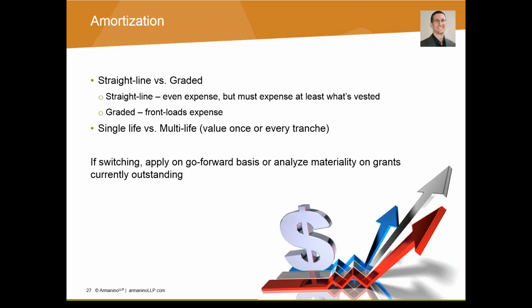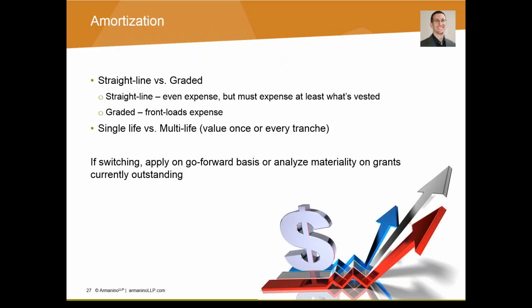Pretty straightforward. For graded, it's going to front load the expense. Graded amortization actually treats the award as if it were 2 separate grants: one grant that vests after 12 months and one grant that vests after 24 months. So you're going to end up recording 50% of the expense in the first year, plus another 25% of the expense. The 50% is 100% of that first year's tranche, which vests after 12 months. And the 25% is half of the second tranche, which is 50% of the total expense. Half of 50% is 25%. So you're going to end up recording 75% of the expense in the first year and 25% in the second year. That's why the graded expensing is front-loaded. If you're familiar with double depreciation, it's analogous to that. If you're thinking about assets and depreciating assets at a faster rate, that's kind of what graded